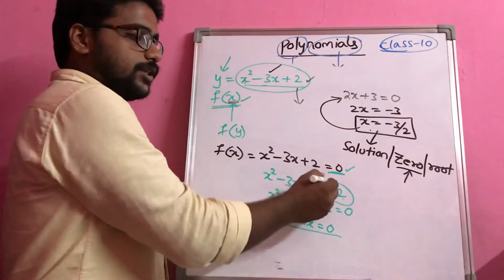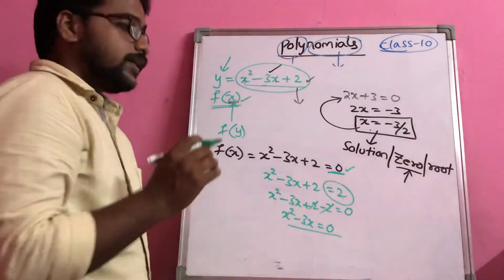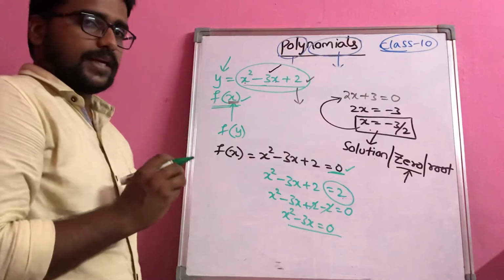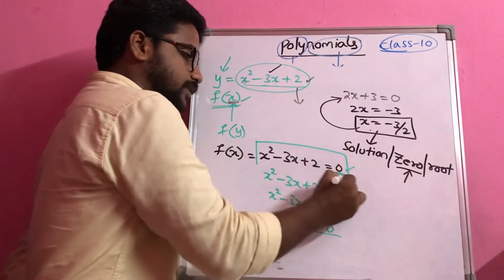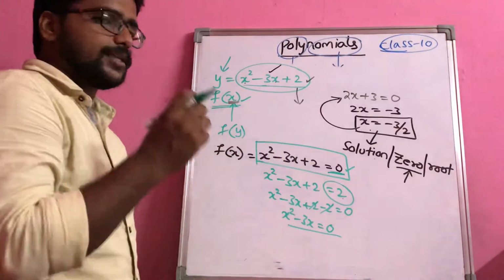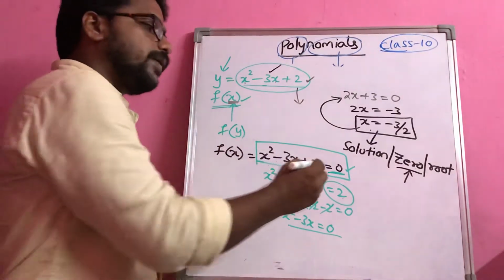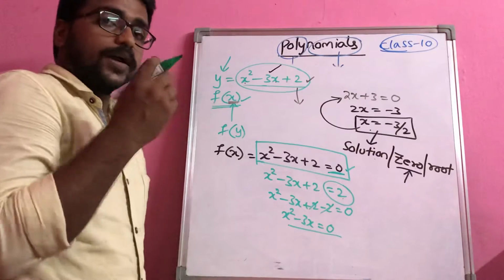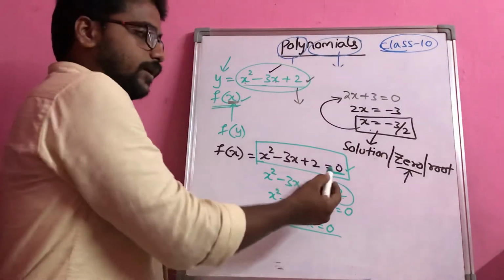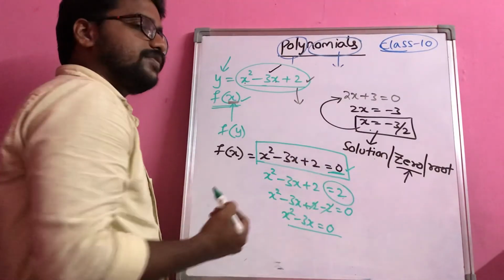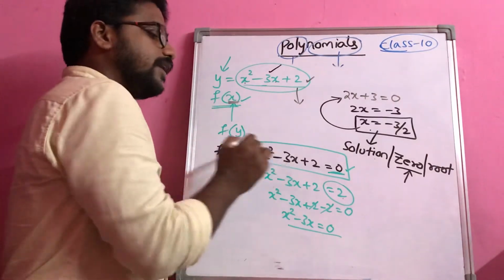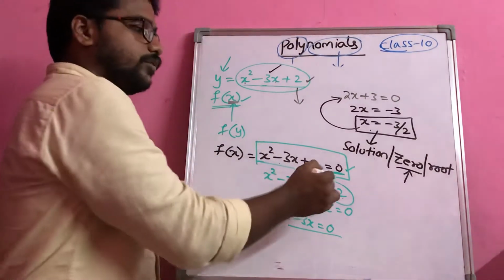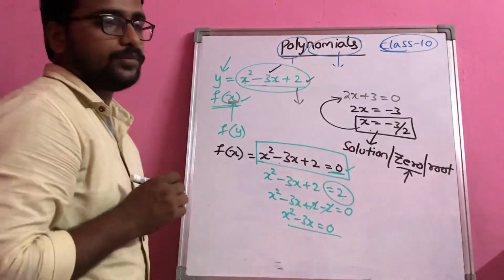So I think this point is very clear for everyone. I am just repeating it once again. Generally, to find the solution of any expression, we will make that expression an equation by equating to 0. Why are we equating to 0? Because even if you bring this 0 to the left side also, there won't be any change in the given expression. That is the reason we will equate only to 0.